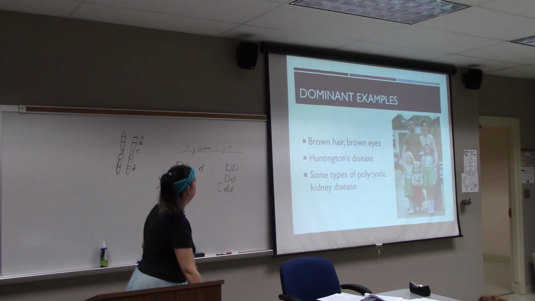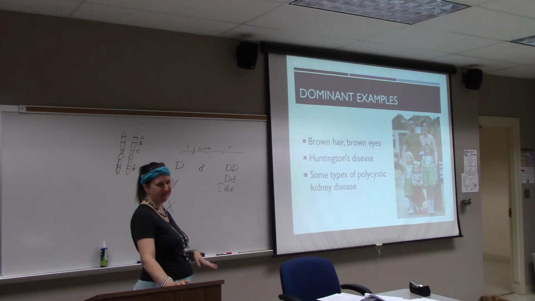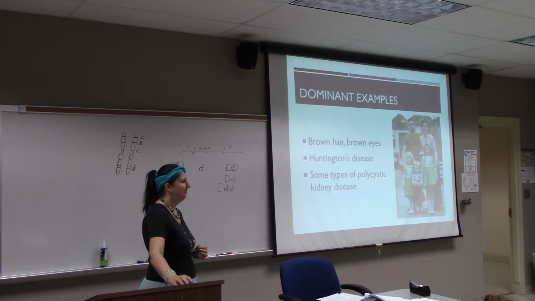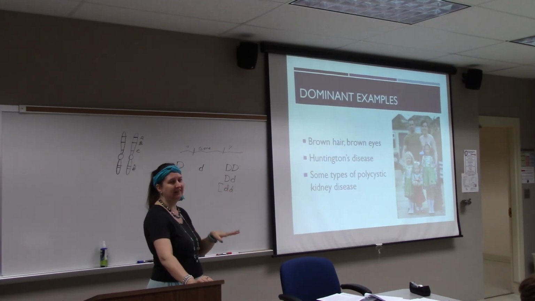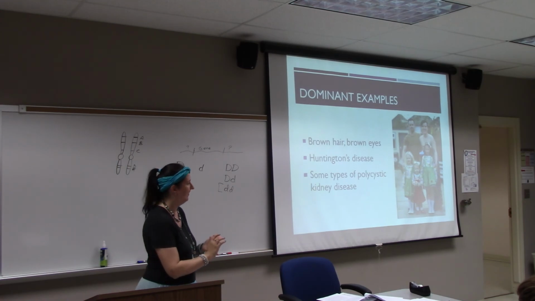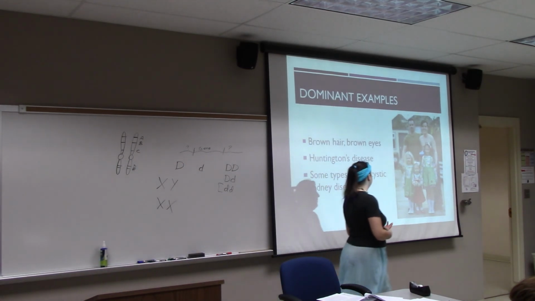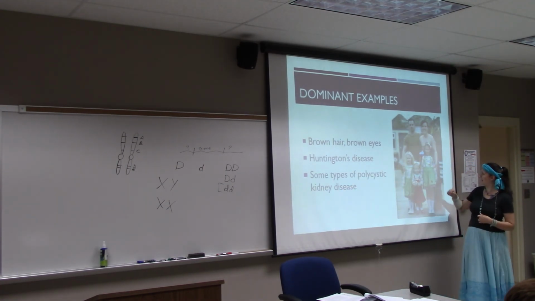So here's some examples. Now we're going to go into the eyes example, and it's actually more complicated than this, but brown is dominant. Basically, the melanin in any location is dominant. So you will often see here, there's brown-haired parents and one child